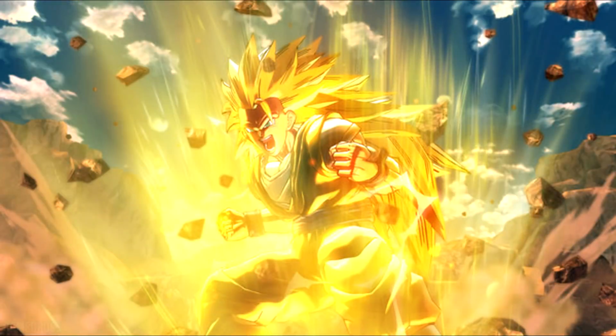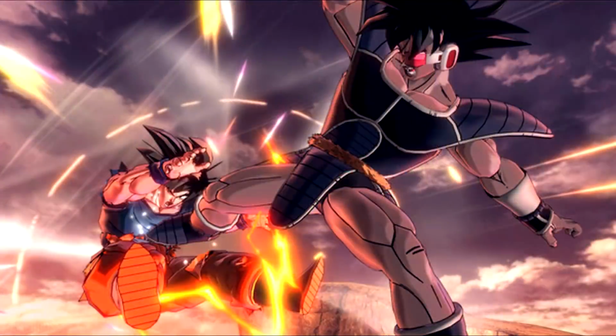If you're a Dragon Ball fan, there's a lot of fun to be had, but I would recommend this is a title that you really need to be a Dragon Ball fan for, especially how they do the single player mode. Being a fan of the franchise and knowing the majority of the lore is going to help out a